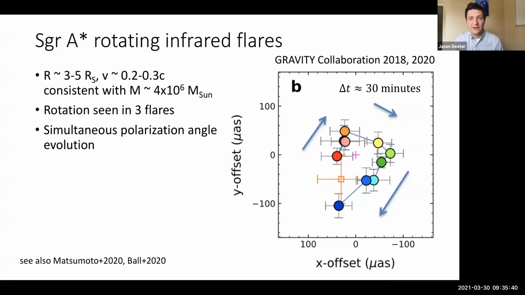But what we've seen with the GRAVITY collaboration results in infrared interferometry done in Paranal, Chile, is that for 3 flares, you see a clockwise rotation of emission of transiently accelerated electrons near the galactic center black hole. So shown over 30 minutes going from the red to the yellow and green around to the blue. And the motions that we see are at a scale of tens of microarcseconds, which corresponds to 3 to 5 Schwarzschild radii in radius. And the apparent speed then on the sky is something like 20 or 30% of the speed of light. Okay, and so this rotation was seen in 3 flares from 2018.